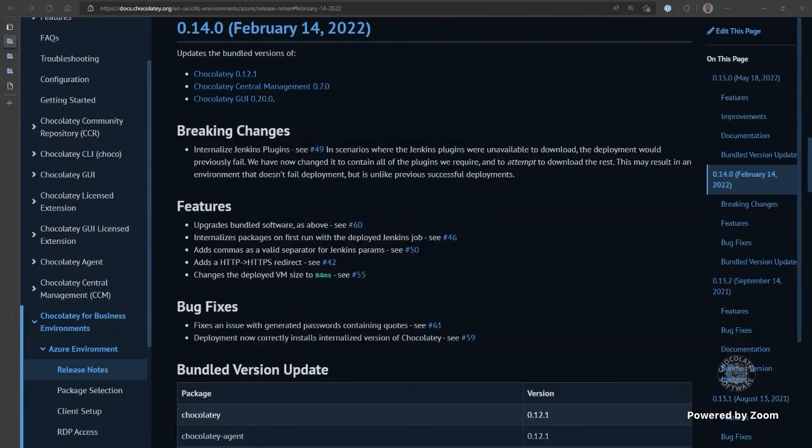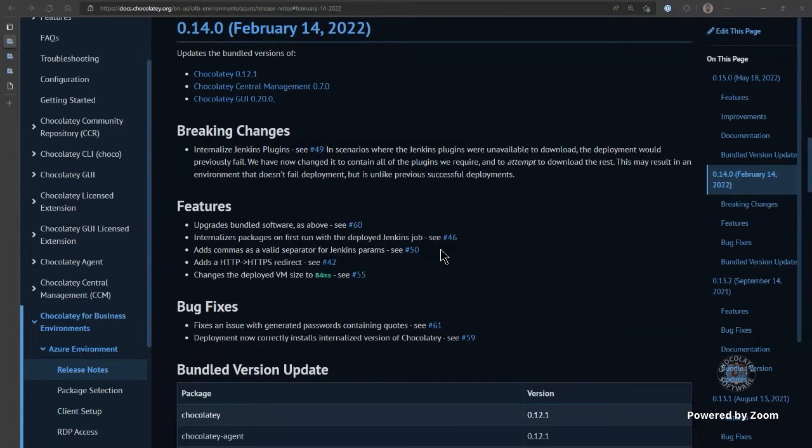We made some very minor changes to the allowable input for that job as well, so you can now use comma separation and semicolon separation. We added an HTTP to HTTPS redirect, which is just a nice quality of life thing for anybody who just types in the URL and isn't using something like HTTPS only. Although I gather that most browsers these days have that built in now, which is lovely. And we adjusted the deployed VM size to a slightly larger one, keeping the cost roughly the same, just because Nexus actually recommends having 4 cores and a certain amount of RAM, and we wanted to match